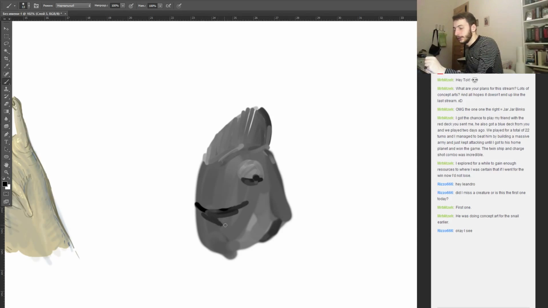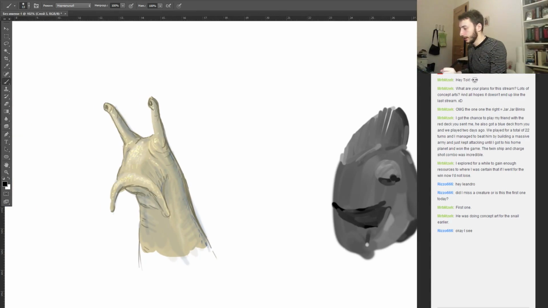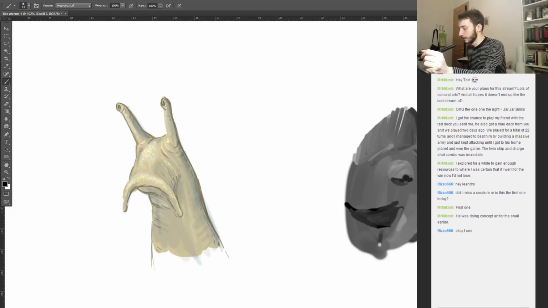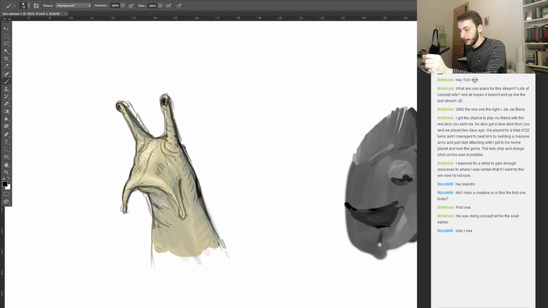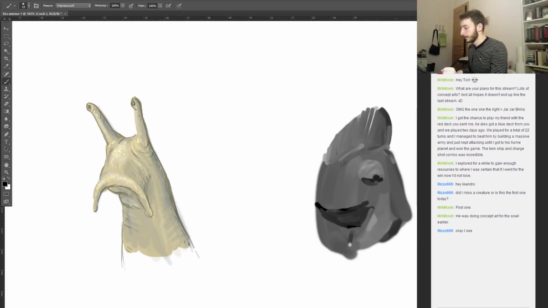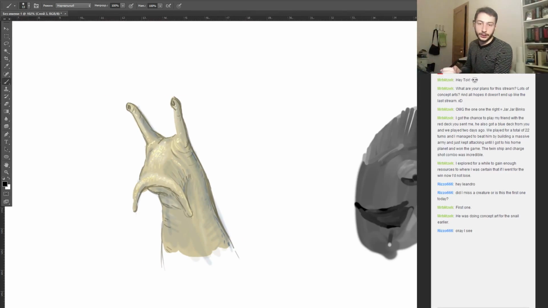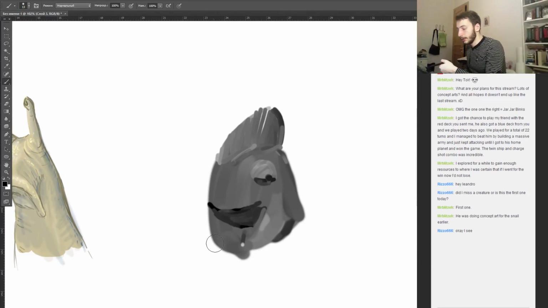So I'm trying different techniques here. If you don't know what I'm doing, Rizzo, I'm experimenting with different techniques and seeing what results I get. So this painting, or I don't know, this snail was drawn first. I drew sort of a pencil line art, and then I filled it with color and then erased the pencil and finished it up. And now I'm doing something that I don't know if other people use, but I